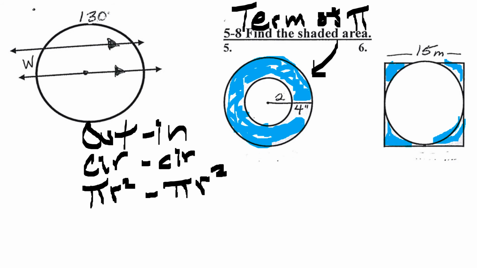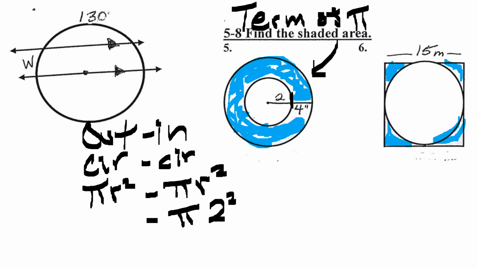All right, what you do need to be careful of is your radius, because that's what's going to make a difference. On the inside, you see that 2? That 2 stops right there. And so that part's 2. That's the inside, has a radius of 2. So that'll be pi times 2 squared. But the outside